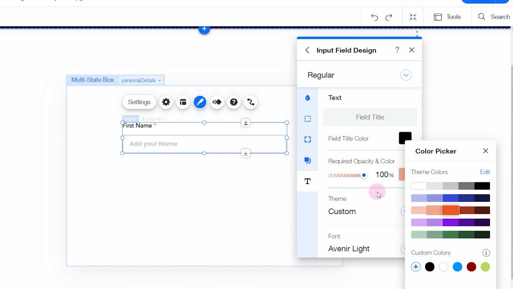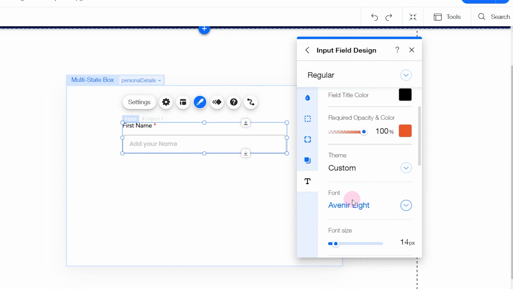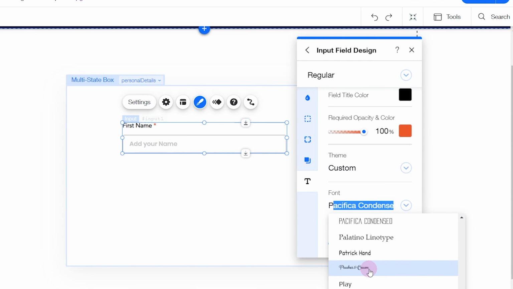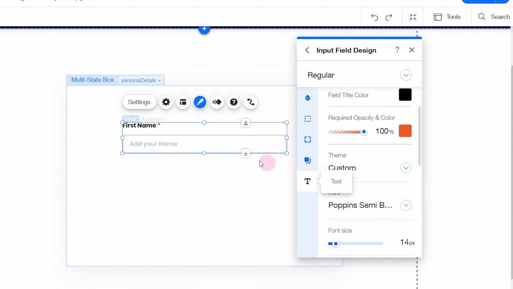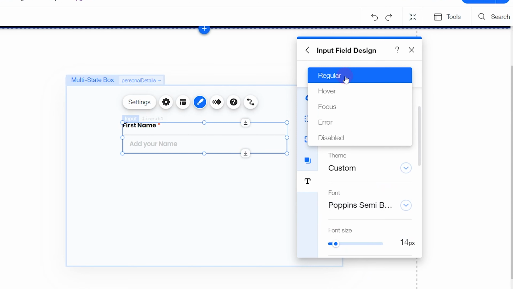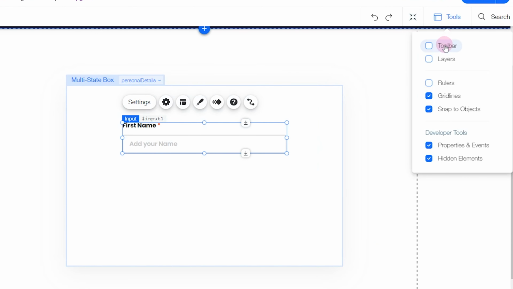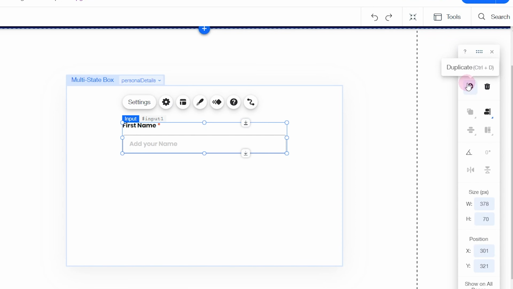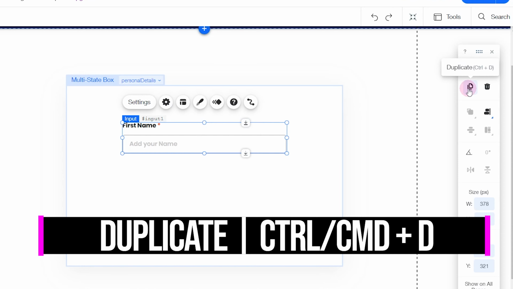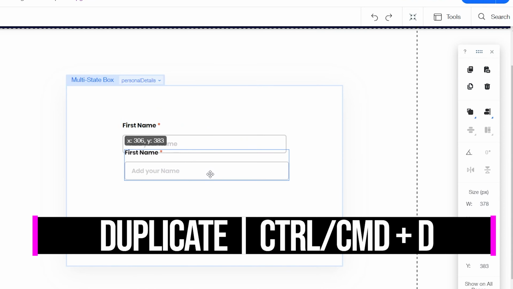Now that should be that color because it catches the attention of the reader, and let's change the text to be the same as what we have as the input text. Now that is all we need to do for that section. We can go ahead to duplicate, so you can bring out the toolbar and then click on this little icon over here, or you can simply press Ctrl D on your keyboard